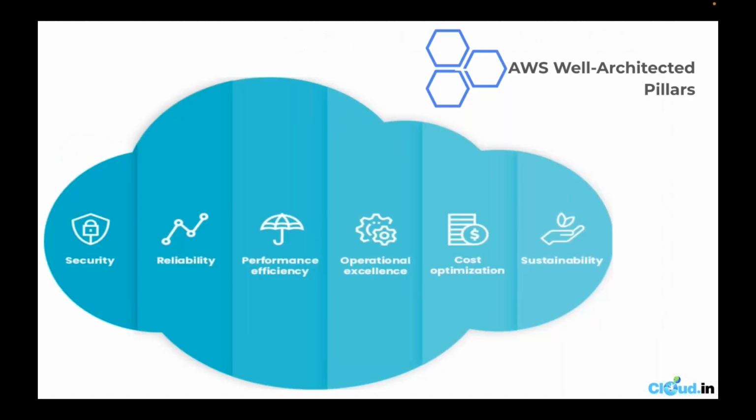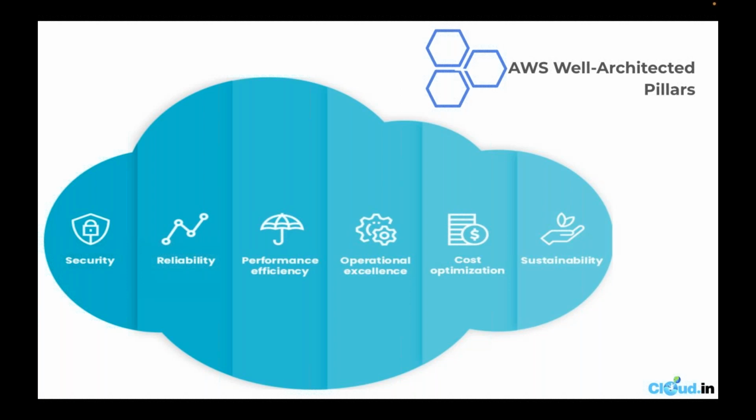So yeah, again, welcome all to the presentation, and let's see the basic principles before you move to cloud, or what should be considered if you're already hosting your application on cloud, or even if you're planning to move to cloud. What are the basic principles, or more accurately called the pillars, that need to be considered? We'll be discussing 6 pillars of the AWS Well-Architected Framework here, namely security, reliability, performance efficiency, operational excellence,